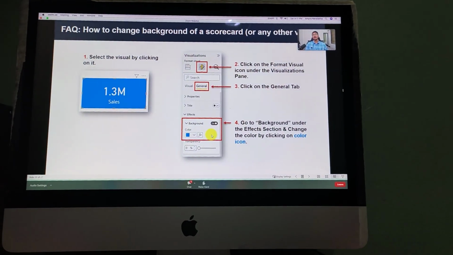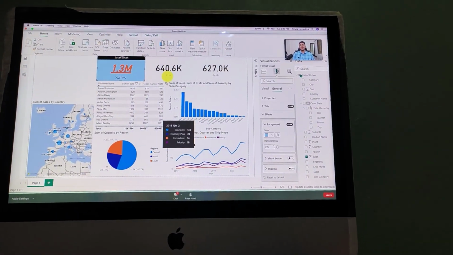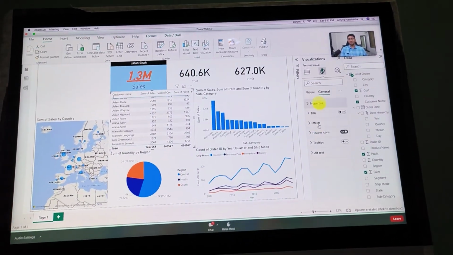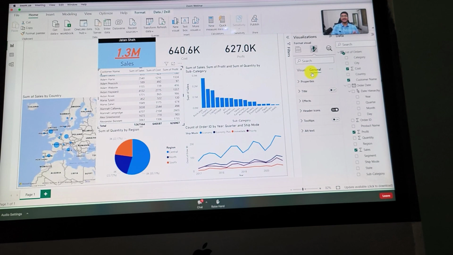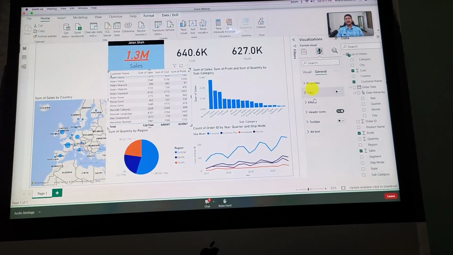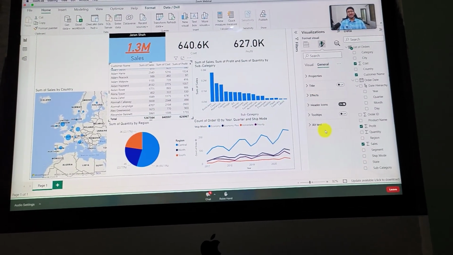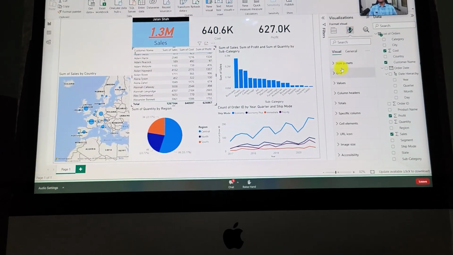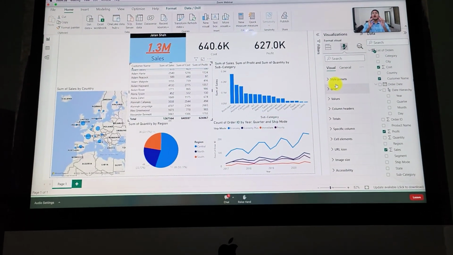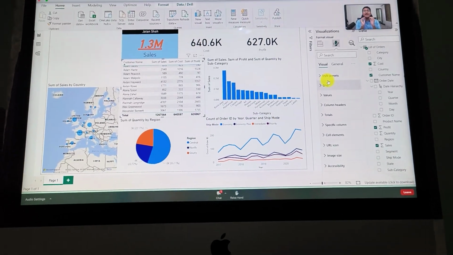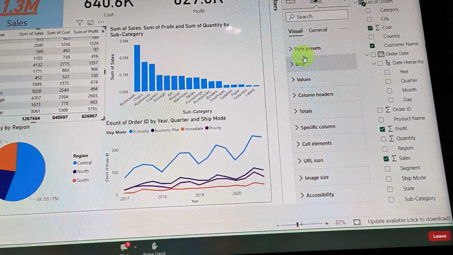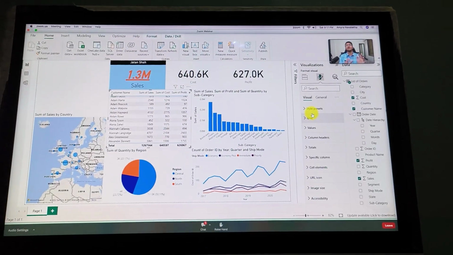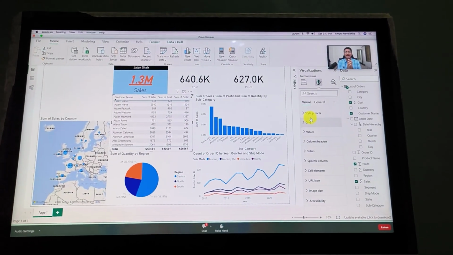All right. Now, with that being said, guys, let's look at this table. In this table, you can have the same option. As I told you, the general section will remain the same. Property, title, effect, same. Everything else is not that important. Let's go to visual. In visual, as you can see, you can modify everything about this entire visual. Power BI is so detailed, it sometimes even makes my mind blow away as to how detailed and organized